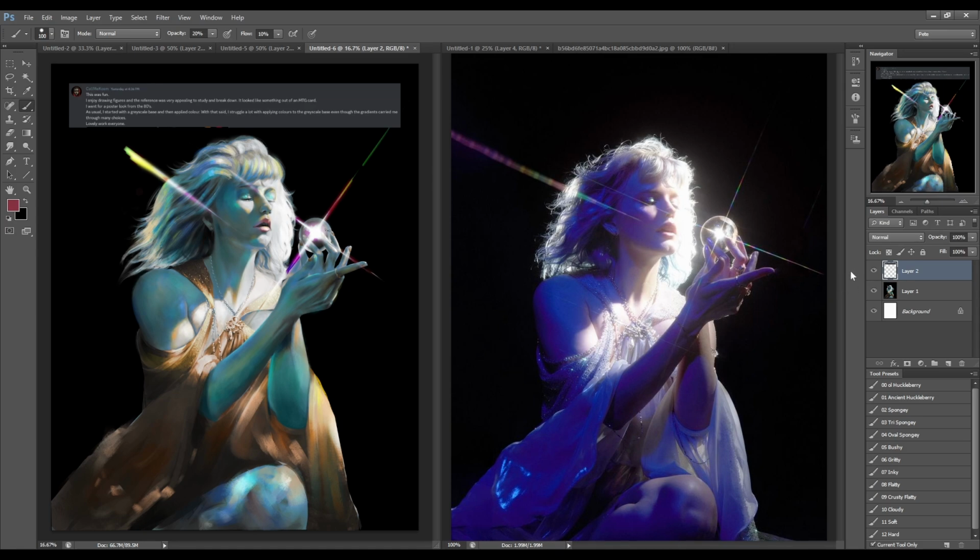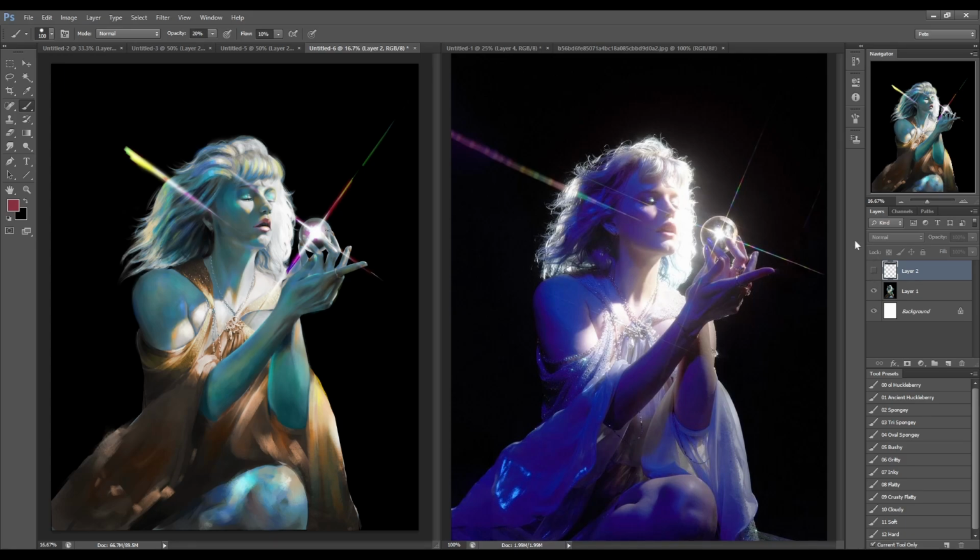So I think, number one, I like working grayscale into color because I feel like it creates a lot of opportunities for me. I feel like my brain is too small, too weak to process values and colors simultaneously. So I need to build them first one and then the other.